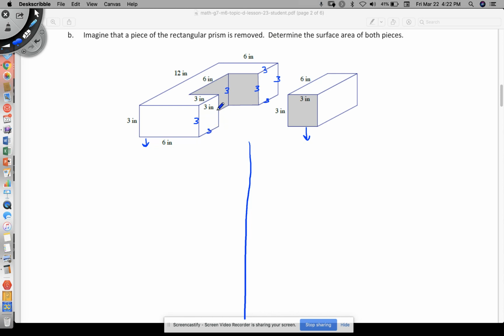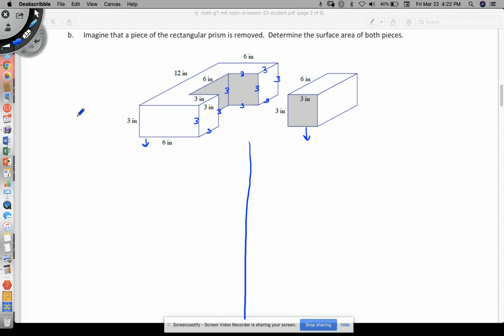Like, fill them all in if it helps a little bit. Especially those pieces that are missing. If that helps, then fill them in so that way you can see all the pieces that you need to have. So first thing I'm going to do is I'm going to talk about this one here that's missing a